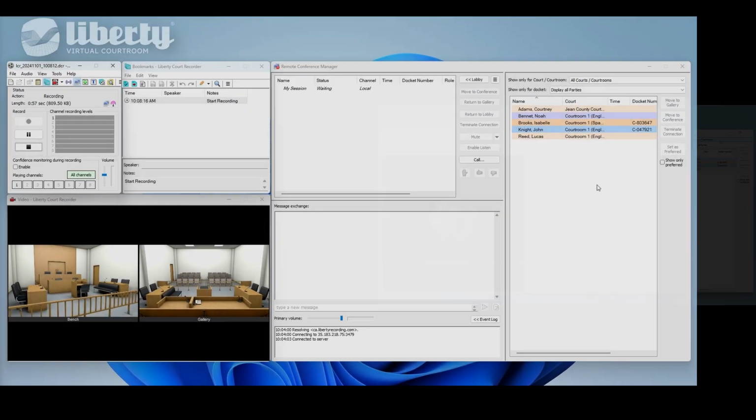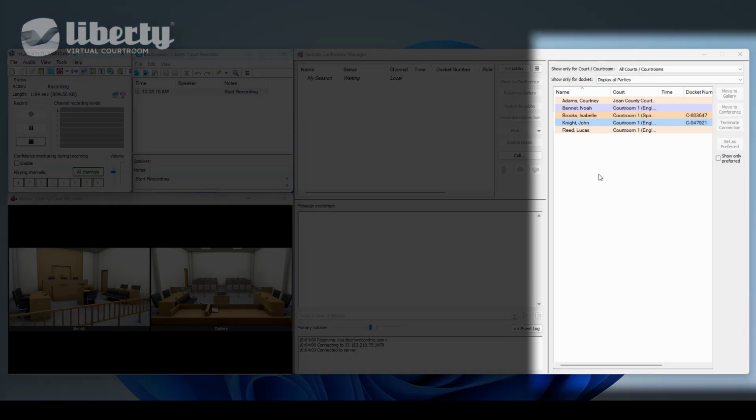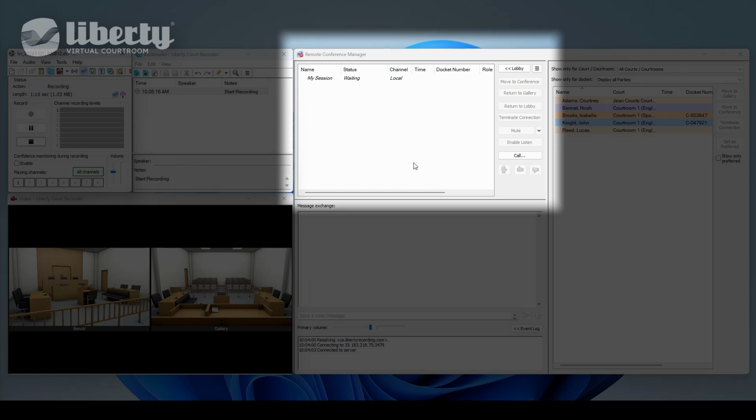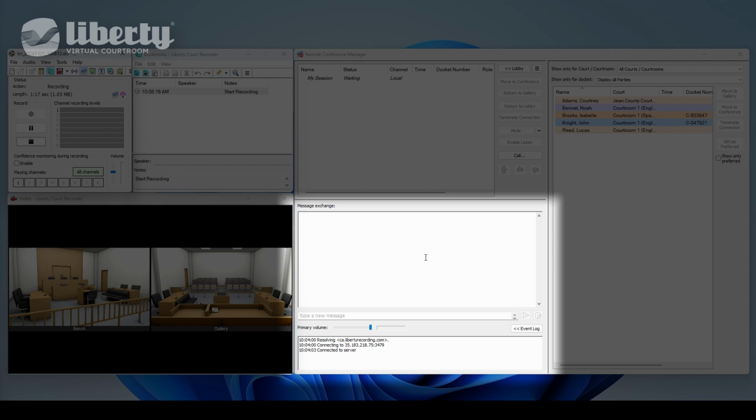But in either case, the management window is the same and organizes all controls into three main sections. On the right, the lobby pane includes various filters with lists of participants waiting to join. At the top left, the gallery displays active meeting participants and related room controls. And on the bottom left, the message exchange area allows for text and file sharing between you and any of